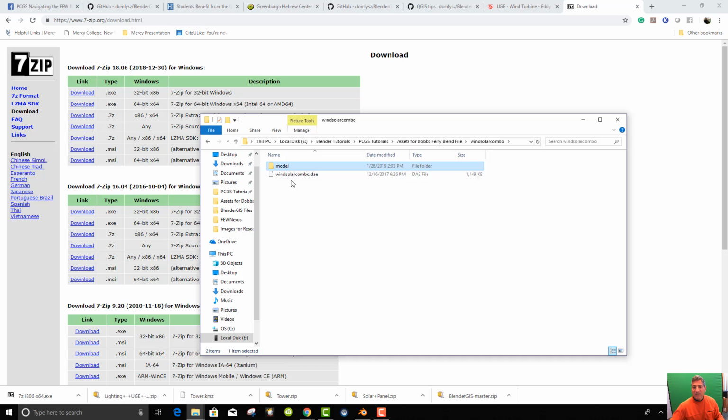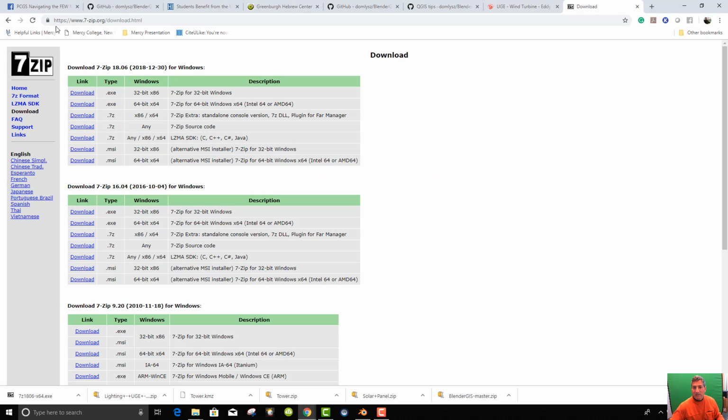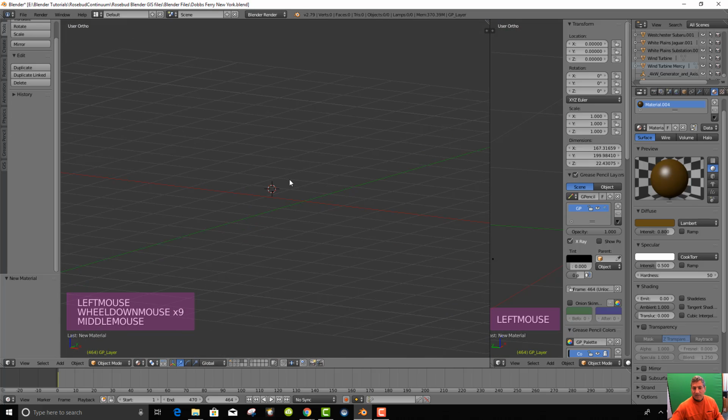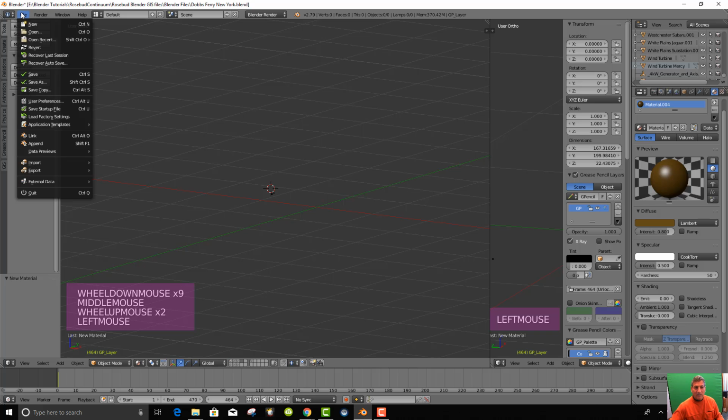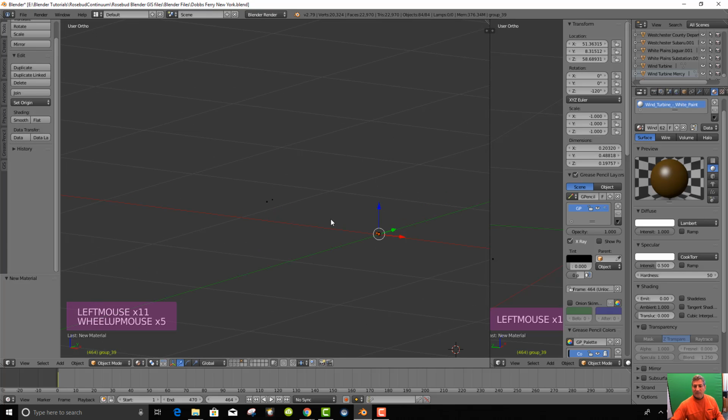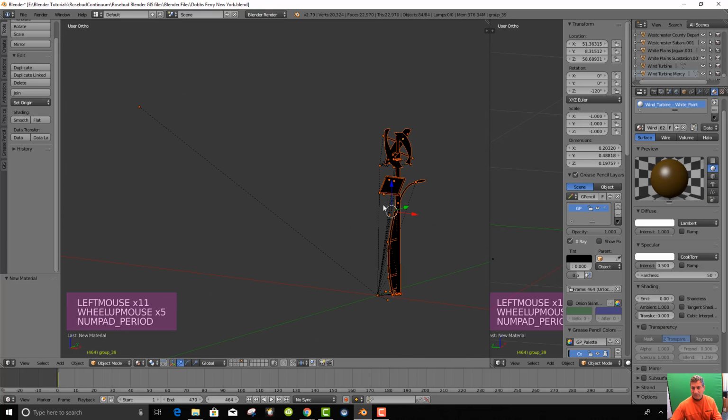All right, now that we have that and we don't need it, we come back into Blender, go to a separate area and bring in this Collada file. Tower, no, don't want tower, we want the wind solar combo, there it is. Import that Collada, and now zoom in on it with period. There's the combo,